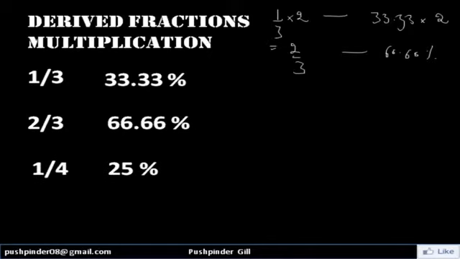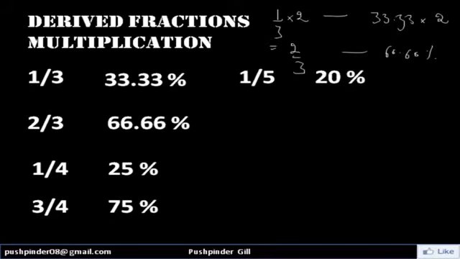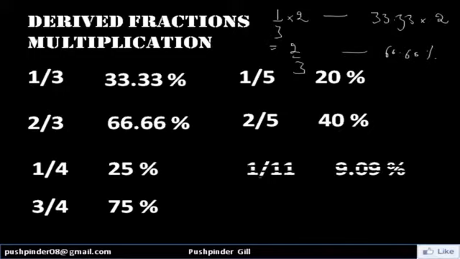1 by 4 is 25%. So 2 by 4 would be 50%. 3 by 4 will be 75%. So 1 by 5 is 20%. 2 by 5 is 40%, 3 by 5 is 60%, 4 by 5 is 80%. So 1 by 11 is 9.09%, 2 by 11 is 18.18%, 3 by 11 is 27.27%, and goes on like that. So you can easily, quickly adapt to it, and you can easily understand what I'm trying to establish over